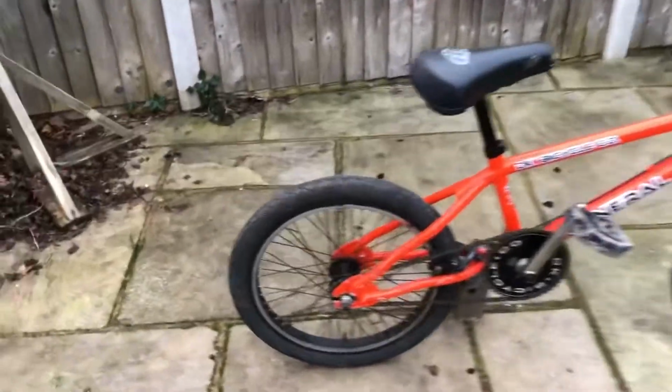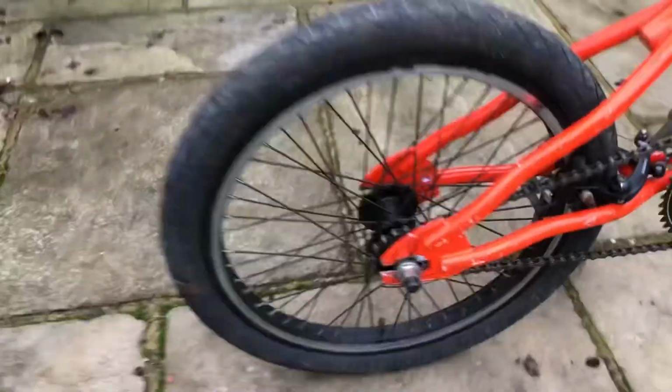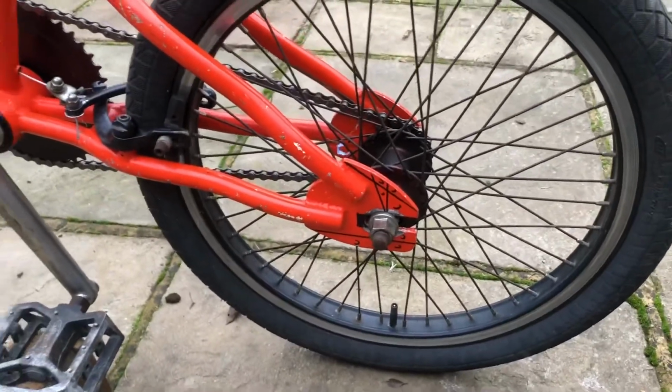The only thing I did want to say though was, if you were the person that marked up the rear dropouts and at some point ever considered cutting them, shame on you. Shame on you indeed. But yeah,